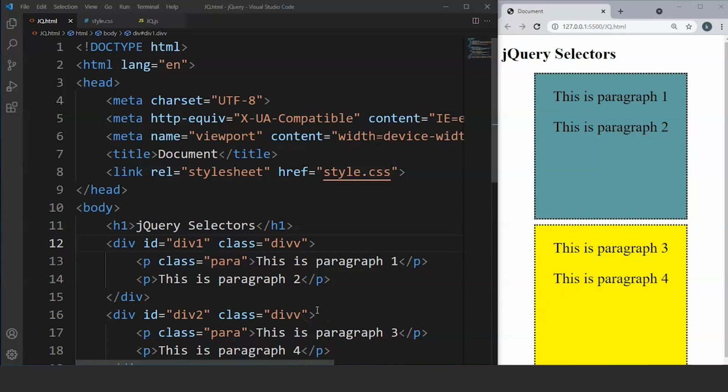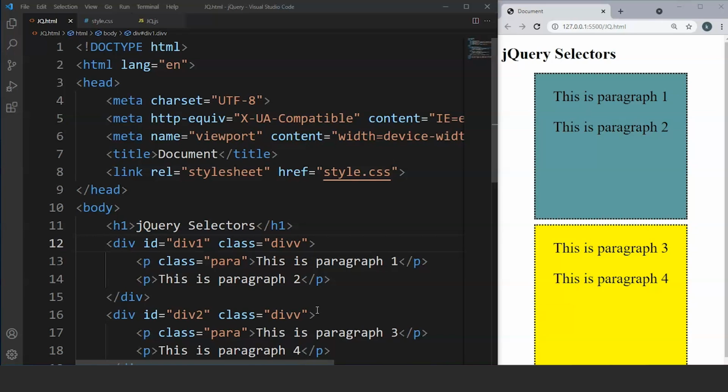Let me tell you guys what selectors are in jQuery again to revise what we have done till now. Selectors allow us to manipulate or access HTML elements as a group or single element in jQuery based on their name, ID, classes, types, attributes, values, and much more. In simple words, jQuery provides us the flexibility to access any element in different ways. The previous three selectors are easy to understand, and I hope you guys must have gotten the idea of how they actually work in jQuery.